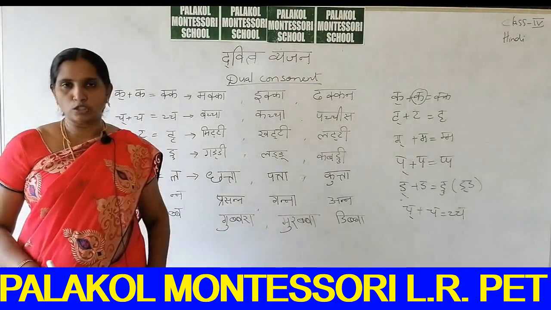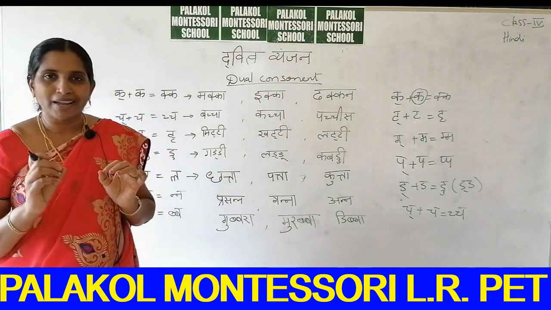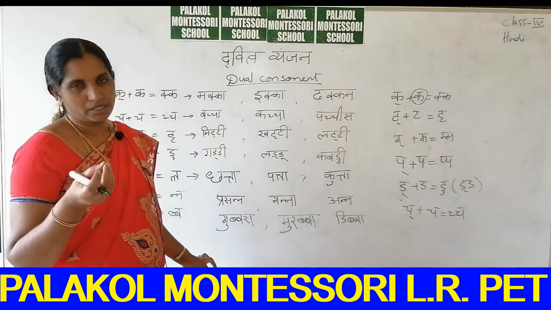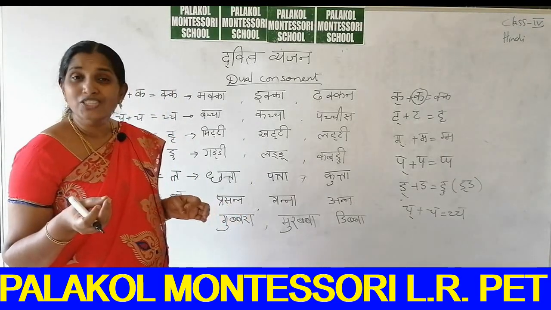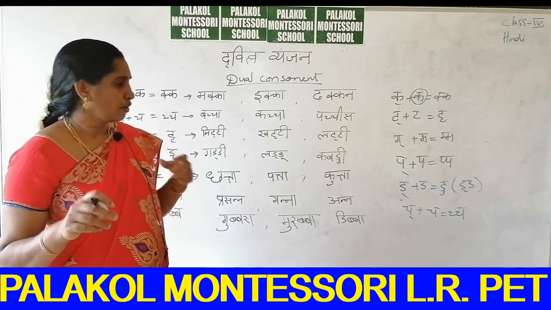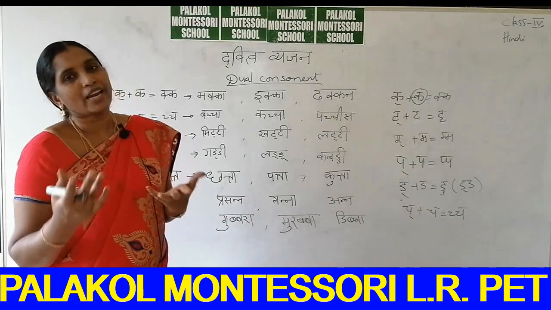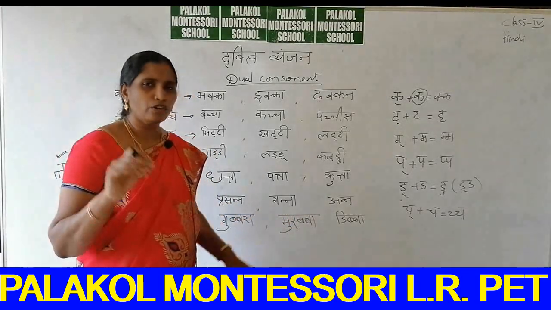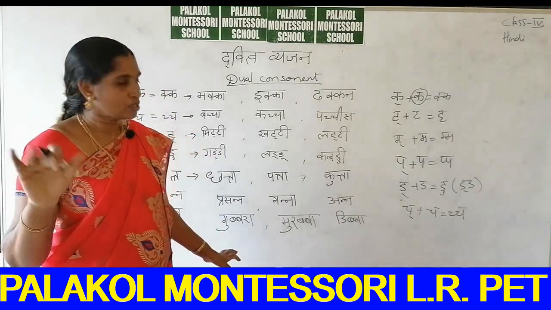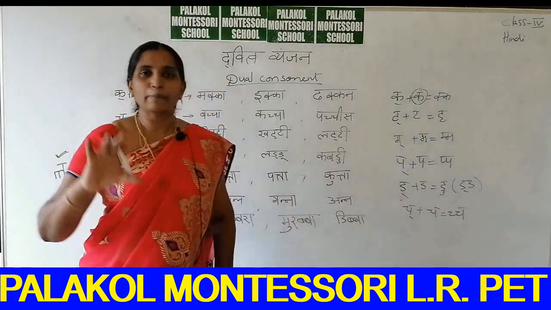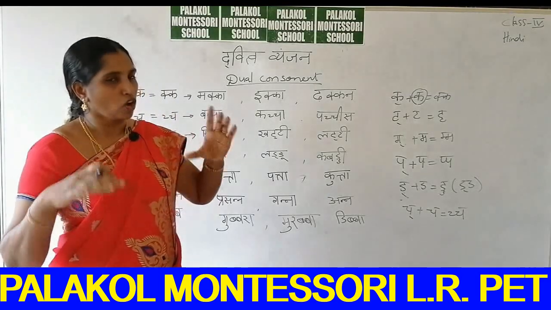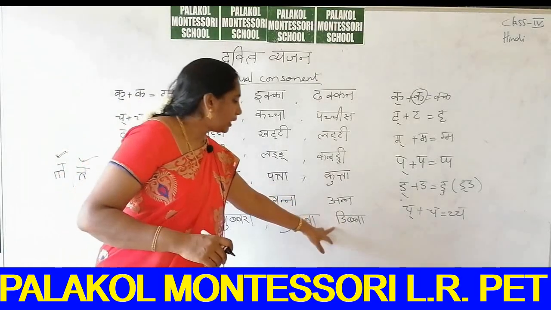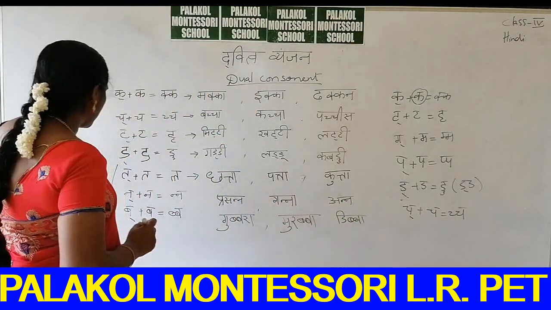Gubbara means balloon. Murabba is a preservative fruit. Preservative fruit that is called jam. Okay, you can call it preserved fruits or you call it jam also. It's no problem. That is called a murabba. Understand? You mostly know what is a jam. Kisan jam, no? So that is jam. Murabba. And dibba. Dibba is a box. Either the tiffin box or the pencil box. Whatever the box is called a dibba. Okay. So dibba.